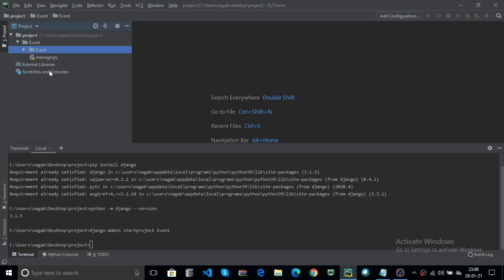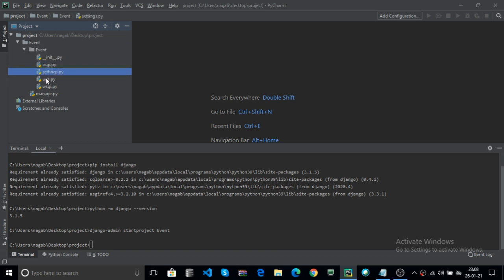Now how to tell if the event folder is a package or not. If any folder contains __init__, that is called a package. Now expand the event. Here in this folder __init__.py is there, so it is called a package.